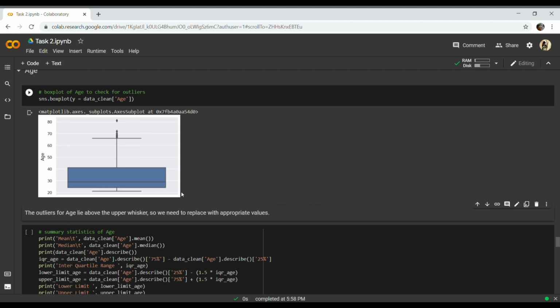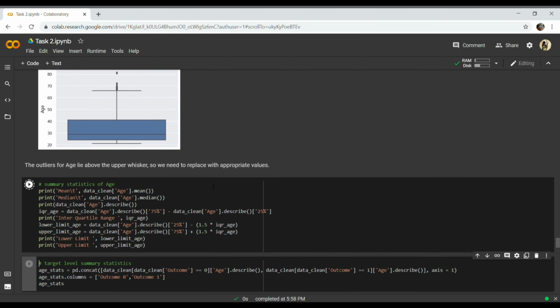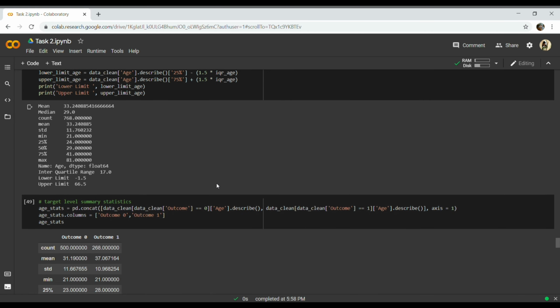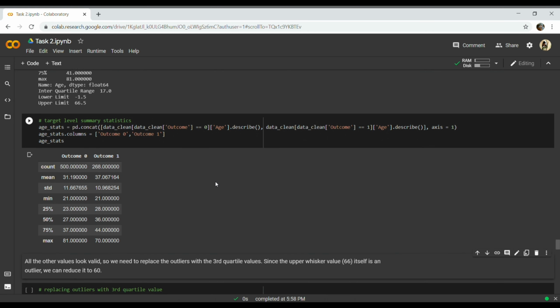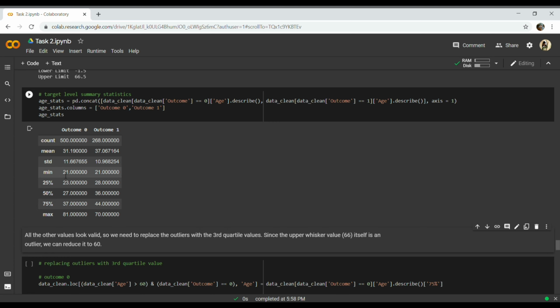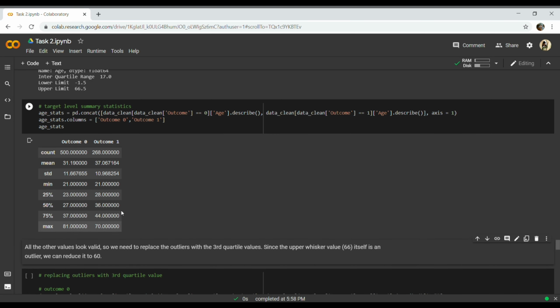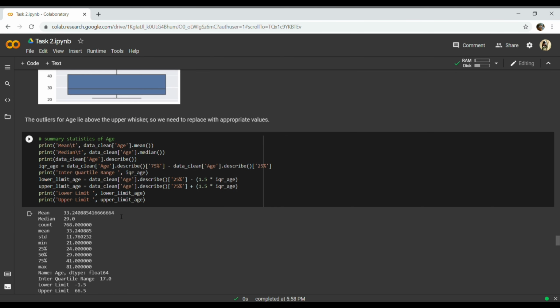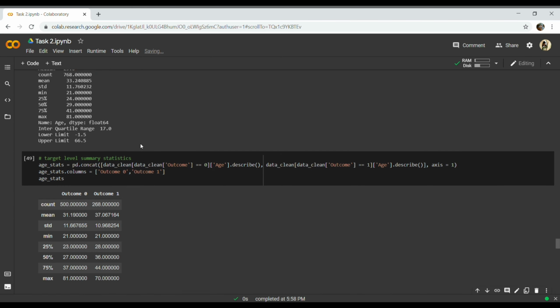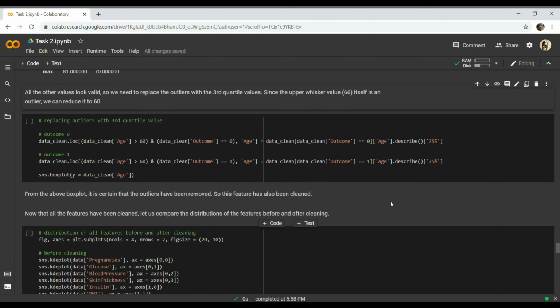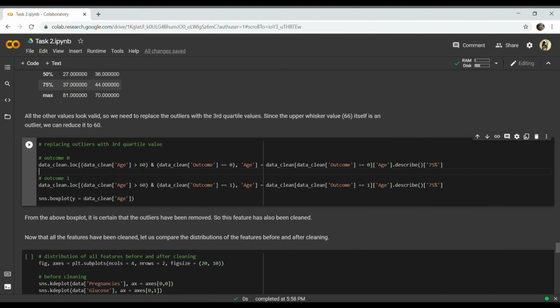Now for age, there are outliers above the upper whisker. Let us see the statistics. So lower values are valid, minimum is 21, but the upper values have outliers. I have made the code as if it is greater than the upper whisker value, then replace it with the third quartile.